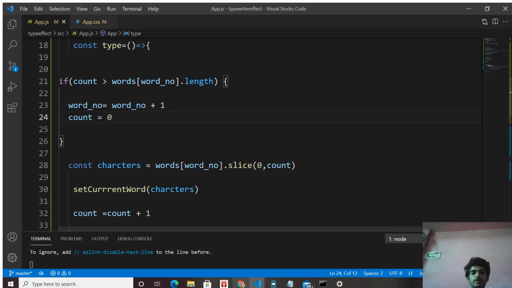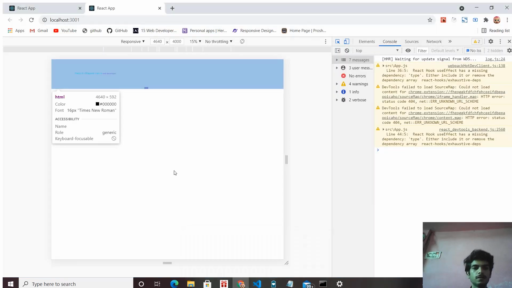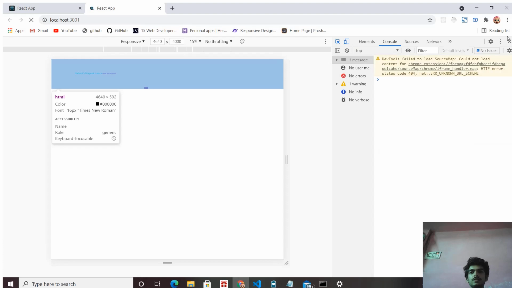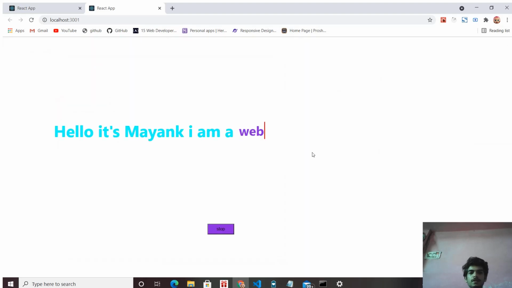When you save this and see in the browser, our first word gets printed. Now it is going to jump to the second word.